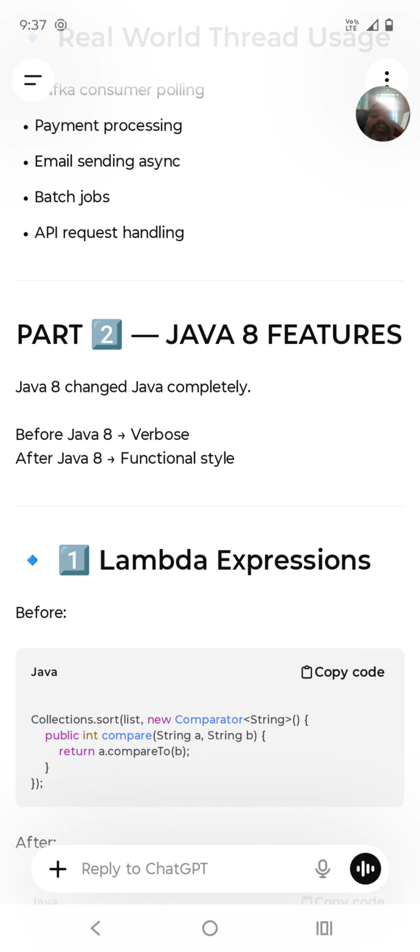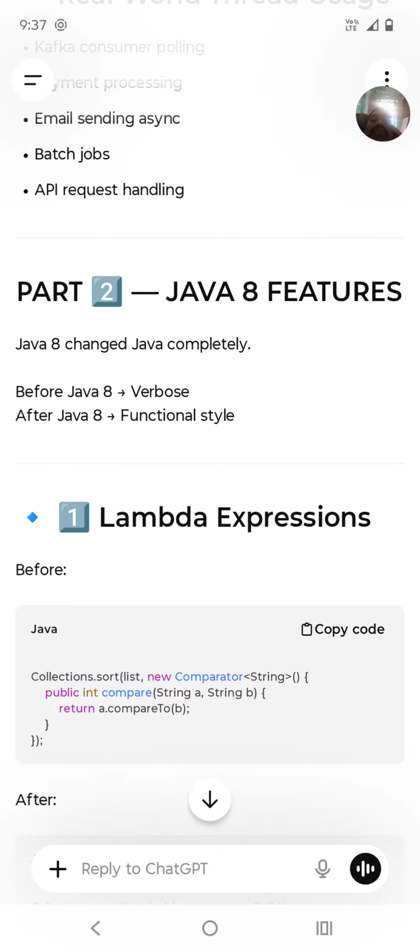Hi, today in this YouTube video, we are going to discuss Java 8 features in Java. Java 8 brought so many features for the Java language. We all know that, before Java 8, if you wanted to code anything, any programs, it was more verbose. You need to remember a lot of